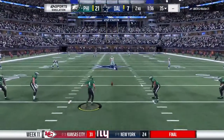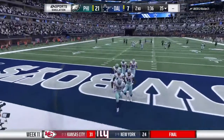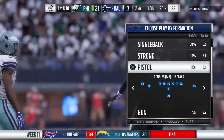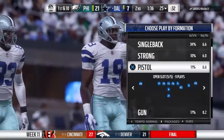Elliott now to kick this one away. And this will not be returnable. It's out of the back of the end zone for a touchback. And out now come the Cowboys. And on the last go-around, they really couldn't get anything going. They had to punt from deep